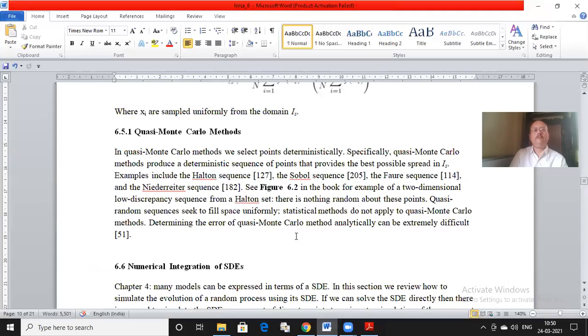Okay, so these are not statistically generated, as you can say. So obviously statistical methods for studying the properties of the integral will not apply. If I were to ask you, okay, what is the variance of delta n in a quasi-Monte Carlo method, that would be extremely difficult to find analytically. But of course, given the strategy, one can make sure that the numerical performance is superior. So quasi-Monte Carlo methods are useful in certain situations, but of course, the properties cannot be studied analytically.